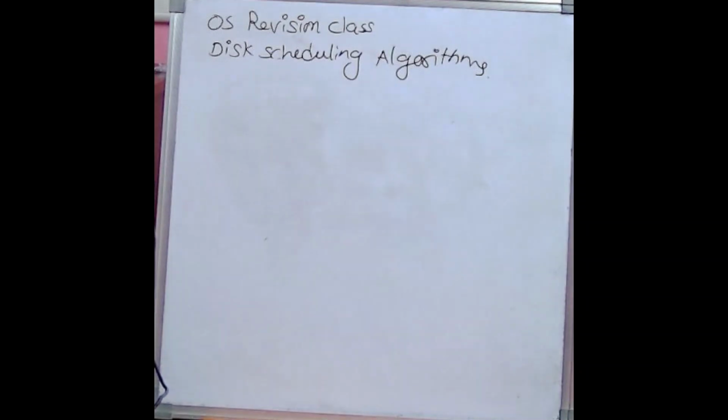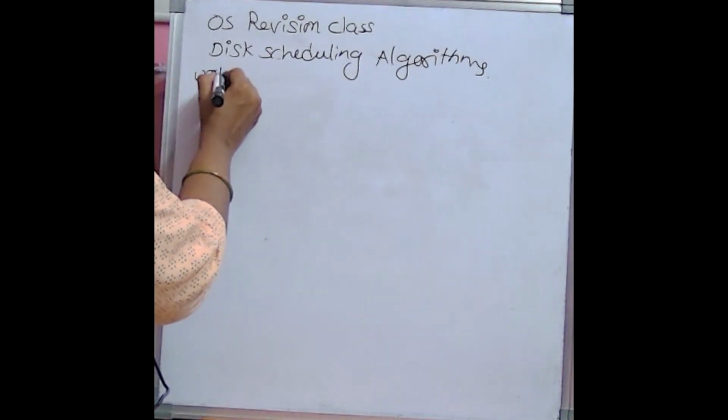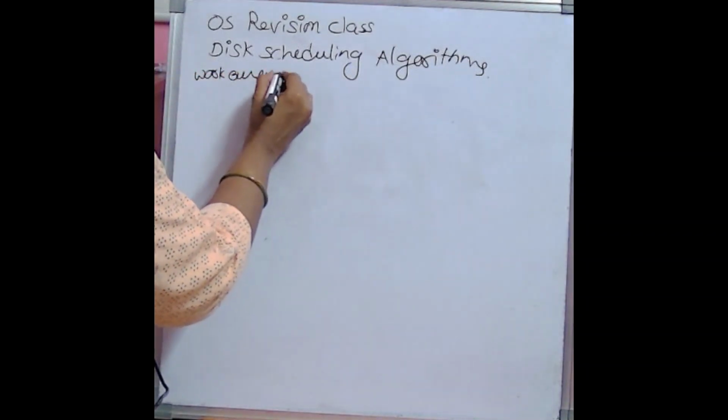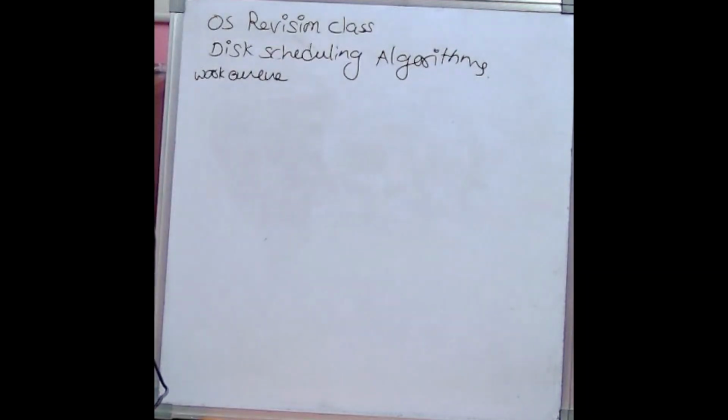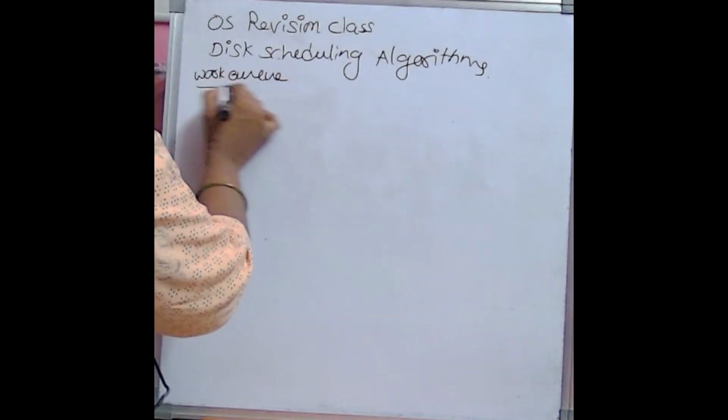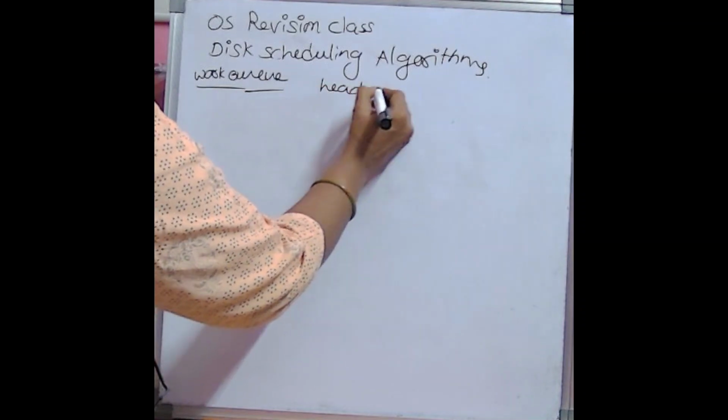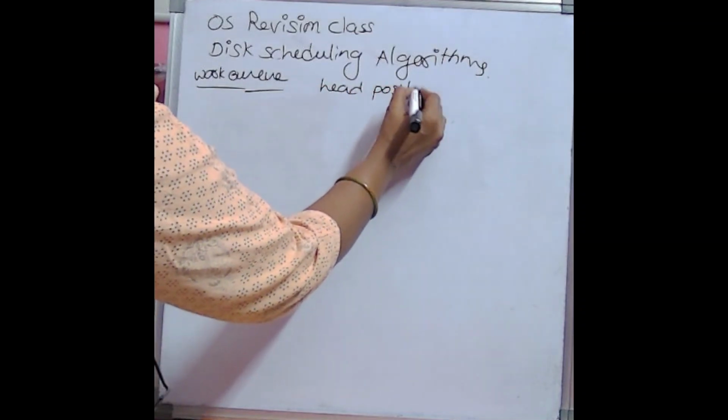To read or store particular data, the number of cylinders the read-write head needs to travel is given as information. So this is the work queue. And where is the current head position? In which cylinder the head is located, that also they will give you. So simple, head position is at